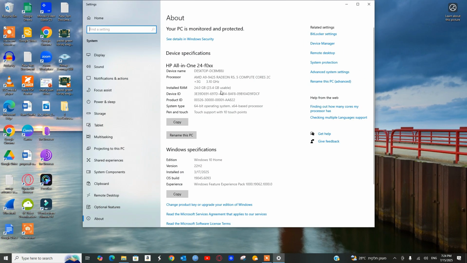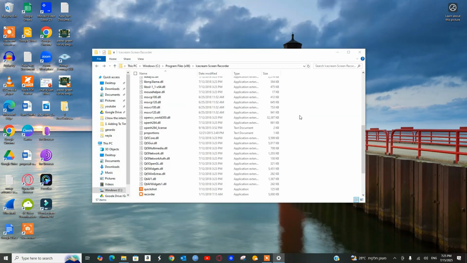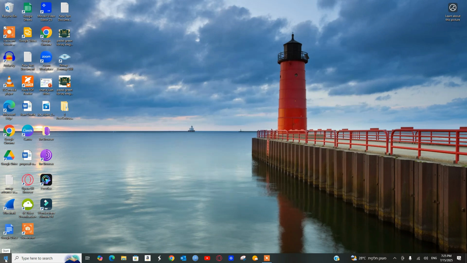Here I can see information about my computer. I'm interested in this information. My operating system is Windows 10 Home Edition. Go and check the antivirus. So I go here to the start, open it,